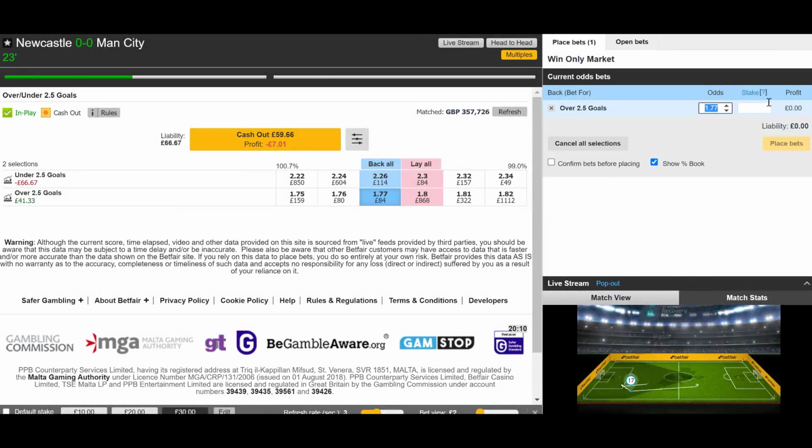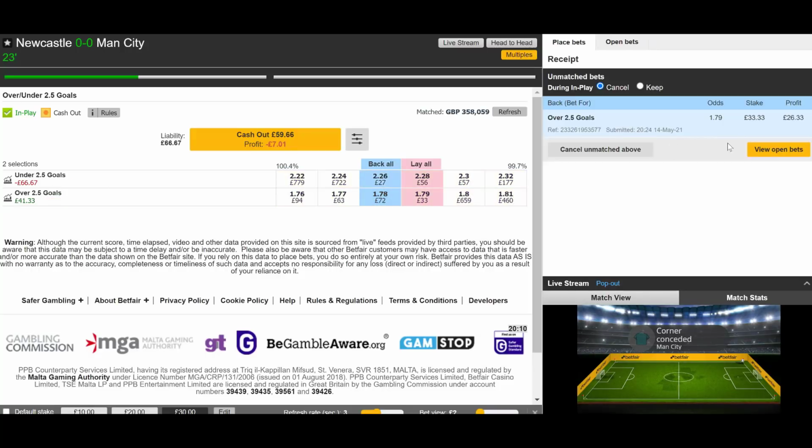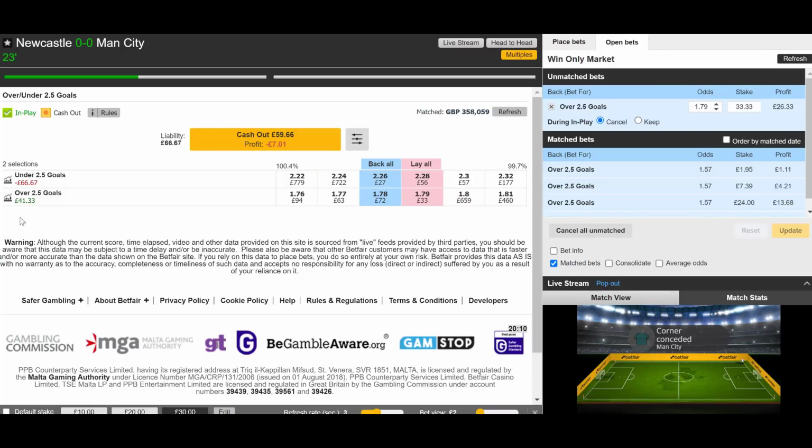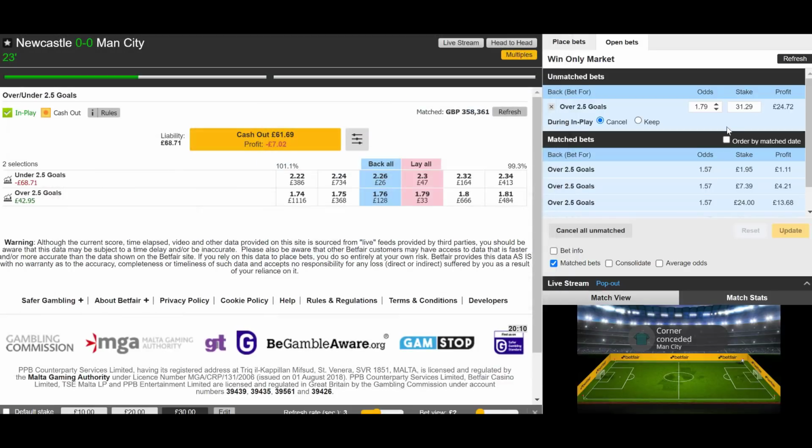So we're about 20 minutes in, time to get the rest of our stake into the market, and it looks like we could get that in at around 1.79. Let's just put that in as an order, and now we're pretty much just looking for a goal. We dripped it in starting around the 10-minute mark, should be there at 1.79, and now we're just looking for a goal from either team. Doesn't really matter, but you can see the increase in the price. It was around 1.47, now it's up to 1.79 as we're trying to get matched right there.